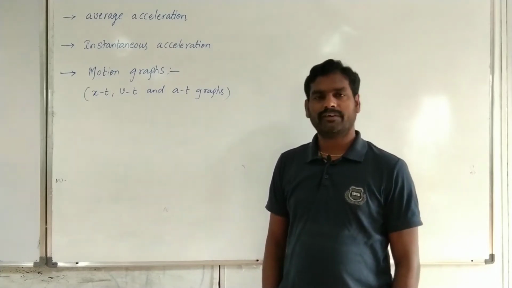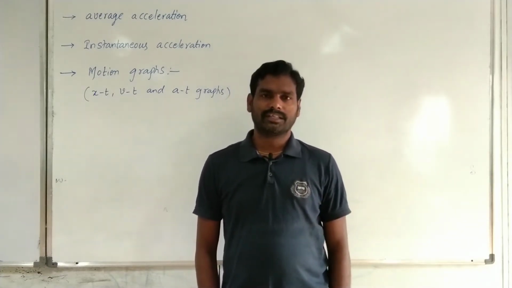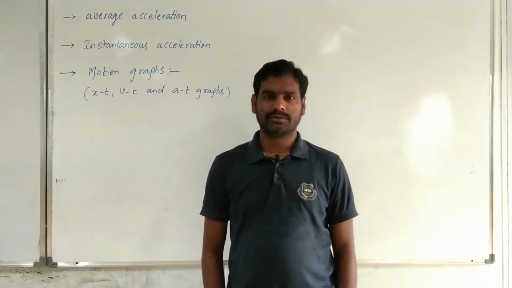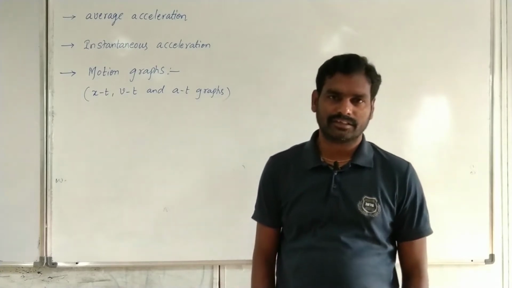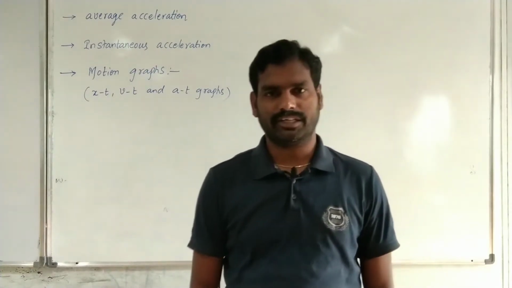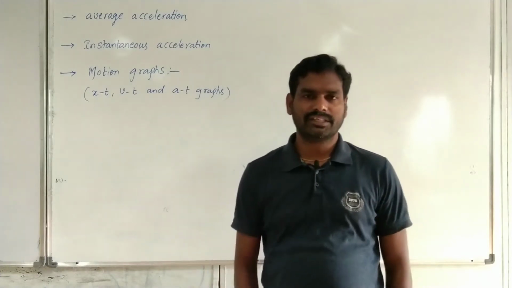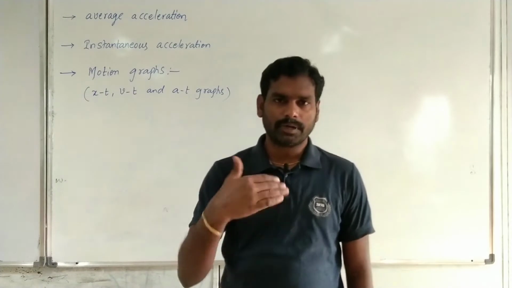How will we find average velocity on xt graphs? By joining two points at any two time instants, the slope of the line connecting the two points on the xt graph will give us the average velocity. The slope of the tangent drawn onto the xt curve gives us the instantaneous velocity at that particular instant of time.